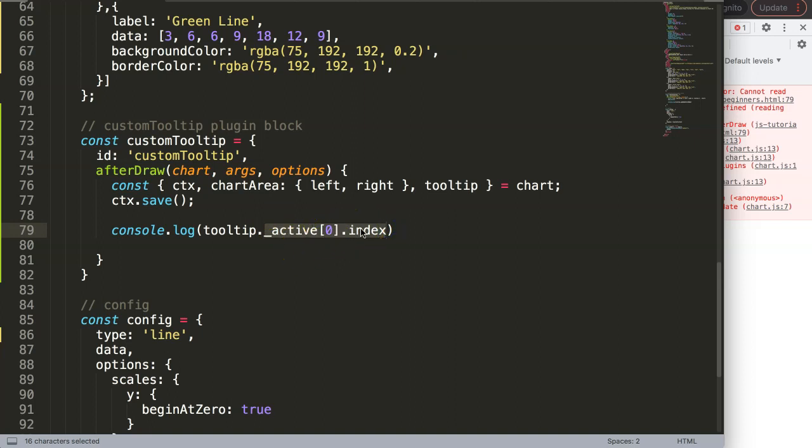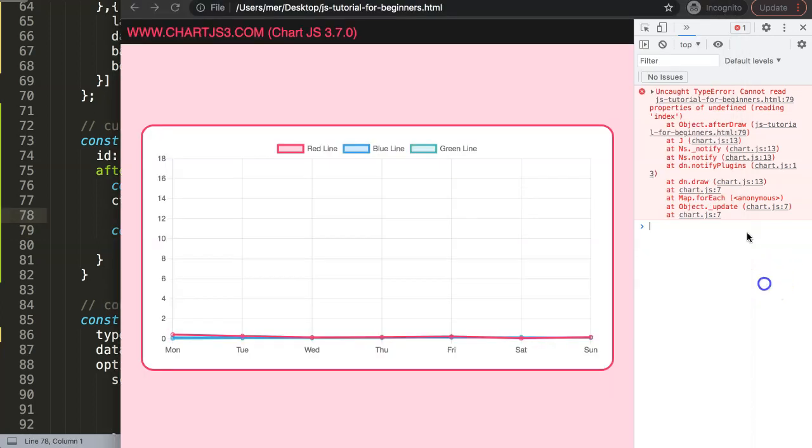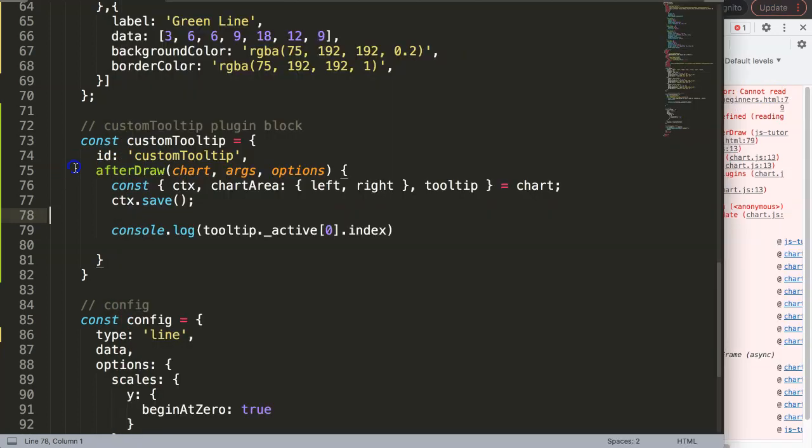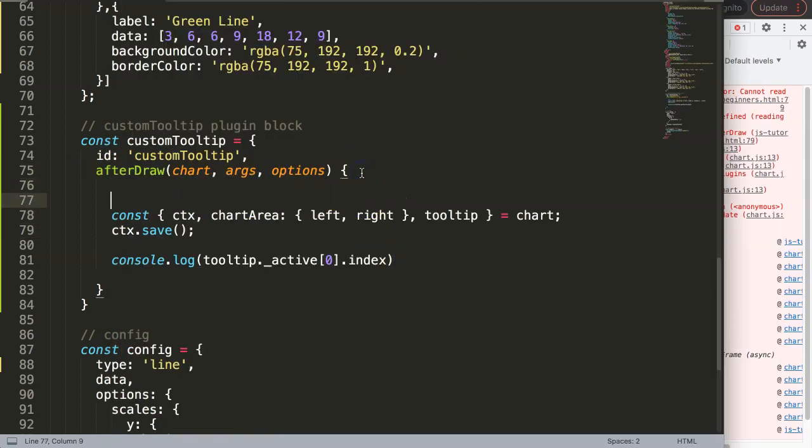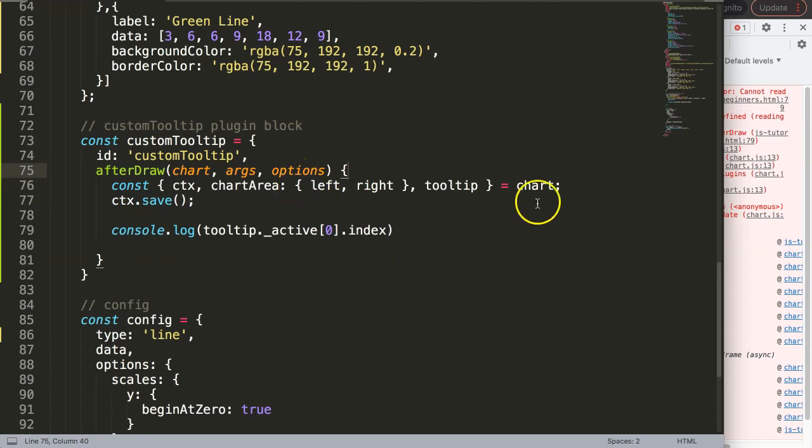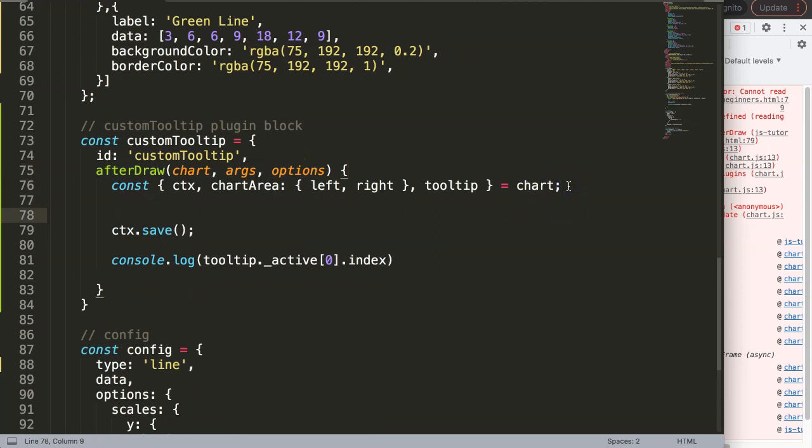So chartjs says sorry, or the console log says, I'm terribly sorry, I cannot give you anything because there is nothing, which is correct. It indicates here, can't read property of undefined? Alright, how do we solve this? Simply making an if statement here. And what we can do here is the following. We can do it in here, or we can do it just after here. Say if, and all I want to do here, if tooltip, you can just grab this, put this in here,